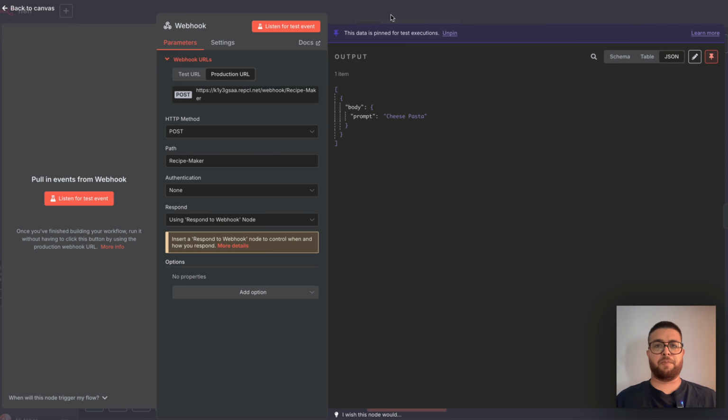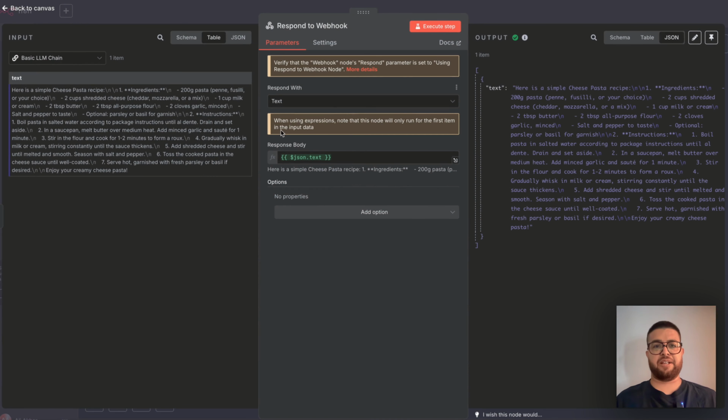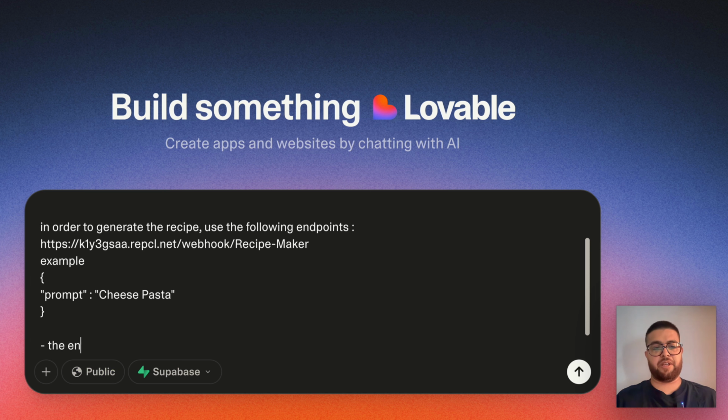And also remember how it is sending it back. It's sending it as text, so we can say, hey, the endpoint will return the value as text, the generated recipe. Simple as that.